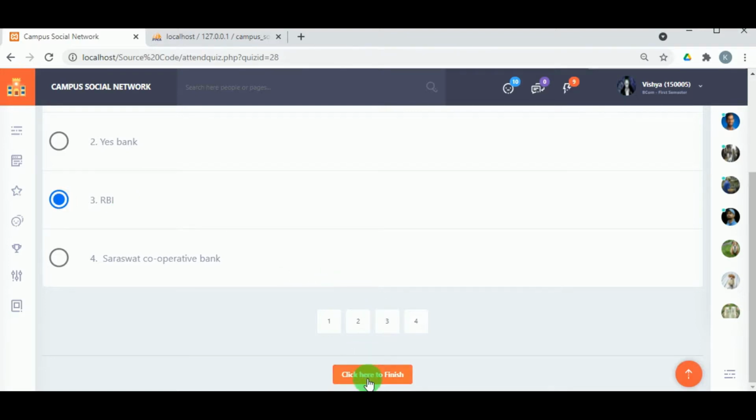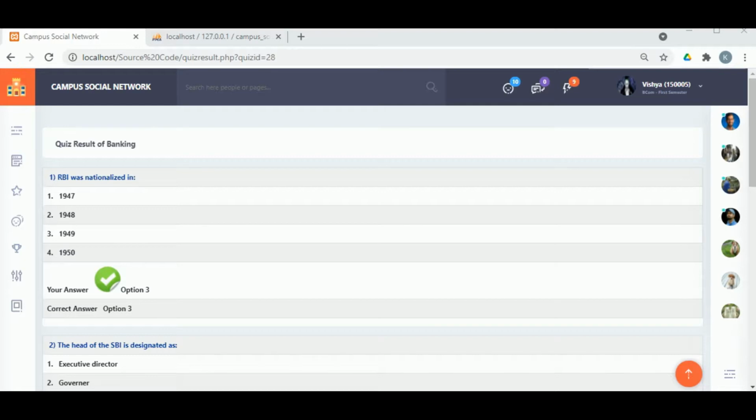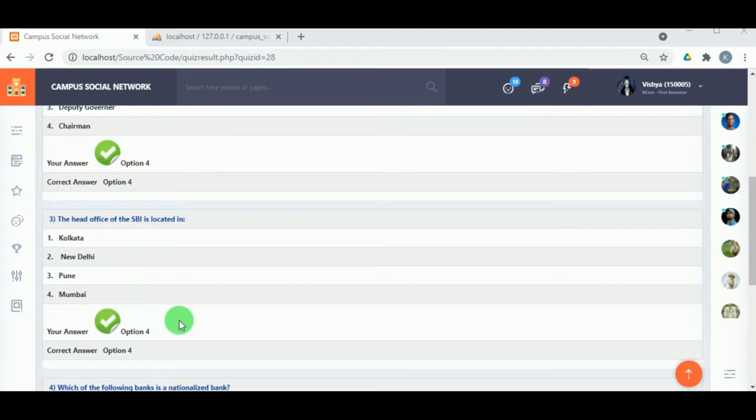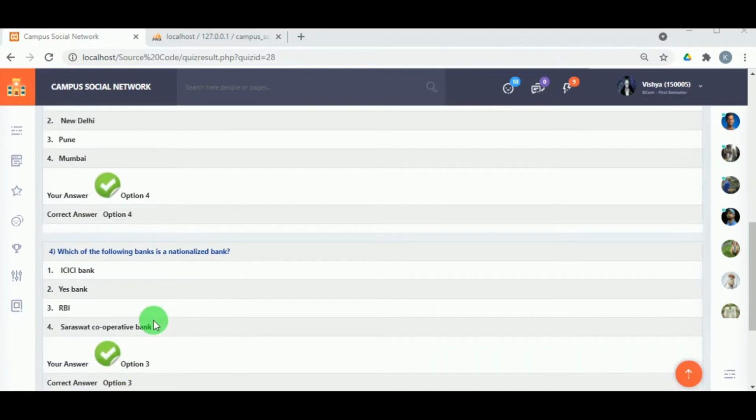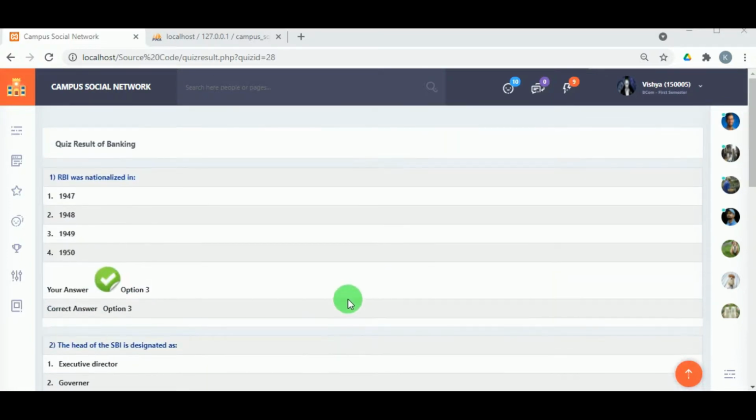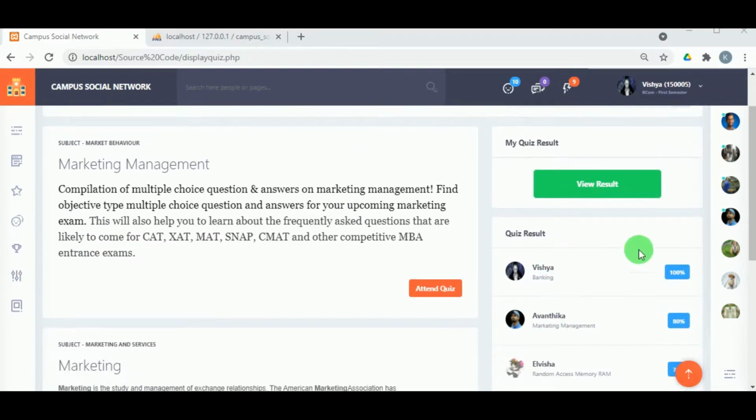So here now the latest result is displayed. Since the student's result is 100%, it is on the top now. And in view quiz result, the student can view the result. So the student has attended 2 quizzes, among which one was 0% and the other is 100%. So in the wall post also, now the student can view their name at the top because that particular student scored 100% in the quiz.